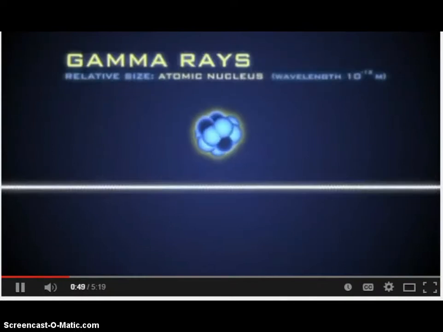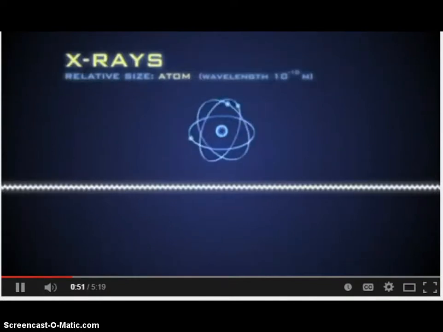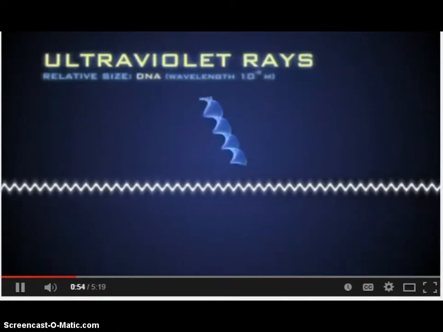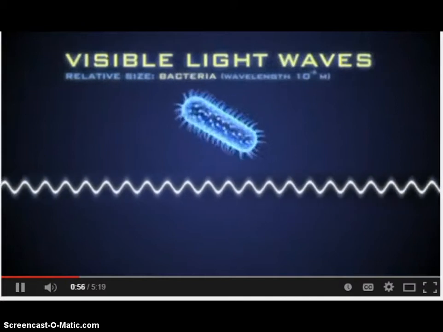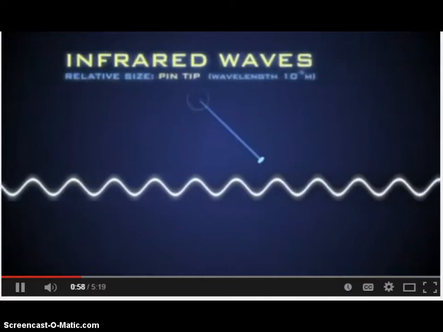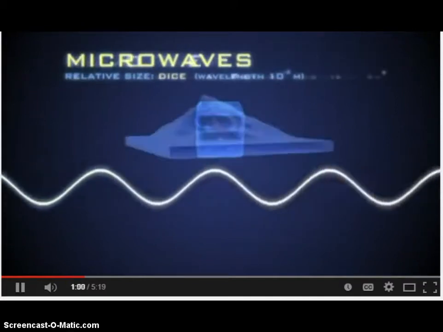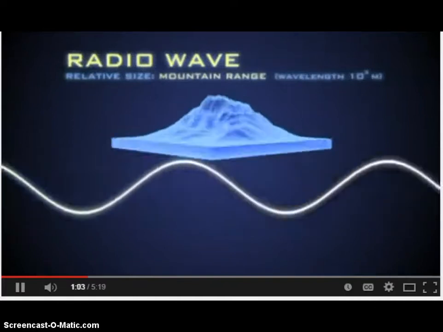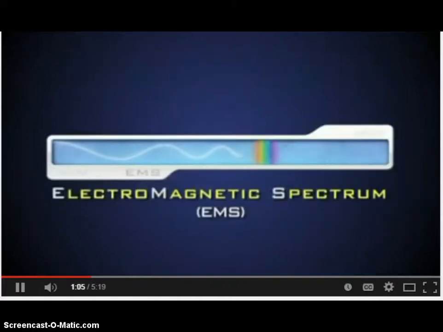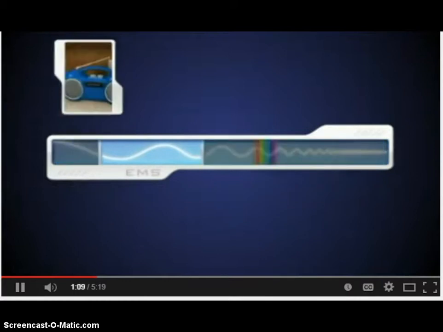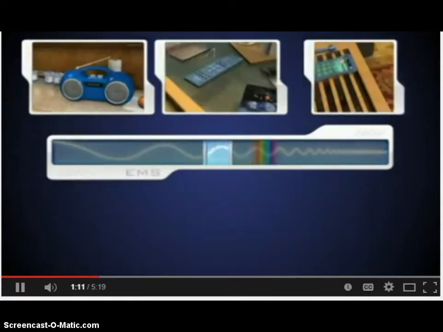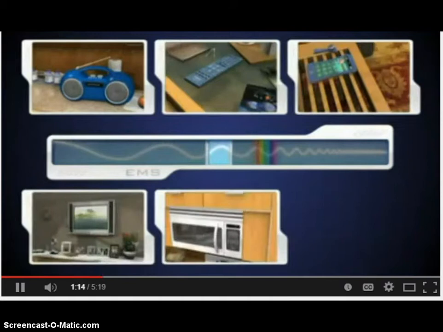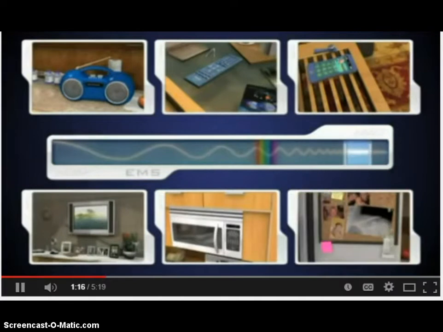These waves spread across a spectrum from very short gamma rays to X-rays, ultraviolet rays, visible light waves, even longer infrared waves, microwaves, to radio waves which can measure longer than a mountain range. This spectrum is the foundation of the information age and of our modern world. Your radio, remote control, text message, television, microwave oven, even a doctor's X-ray, all depend on waves within the electromagnetic